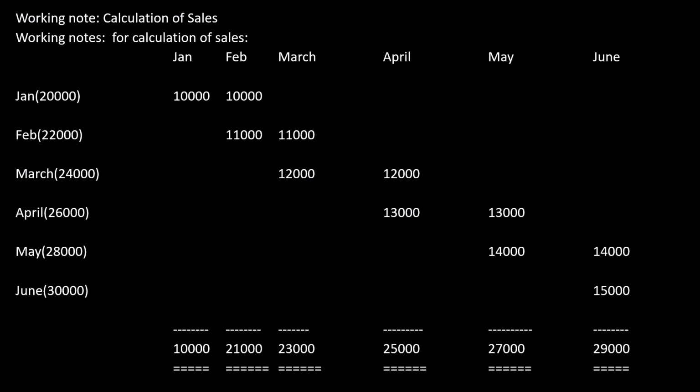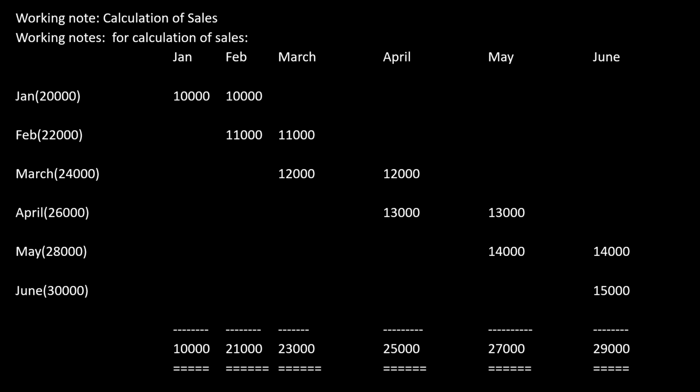Here we are going to start with the calculation of sales, that is your working note, because the problem says in the last line that 50% of the sales is for cash, the remaining 50% is credit. I told you earlier, wherever there is a break in the collection we have to do the working note. Here there is a break, the whole amount is not collected at one time, but in 2 times. So when there is a breakup we have to do the working note. Here the problem says the sales is 50% cash and 50% credit. The credit is collected in the next month, that is the following month.